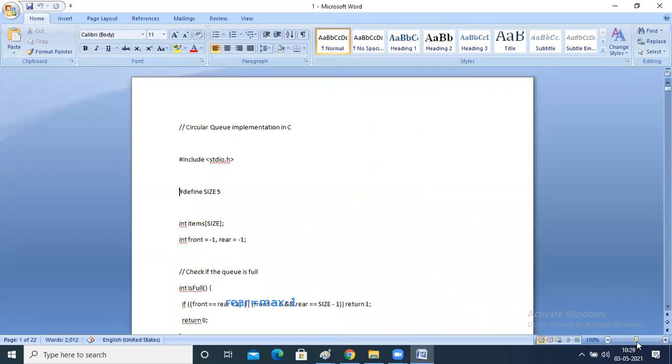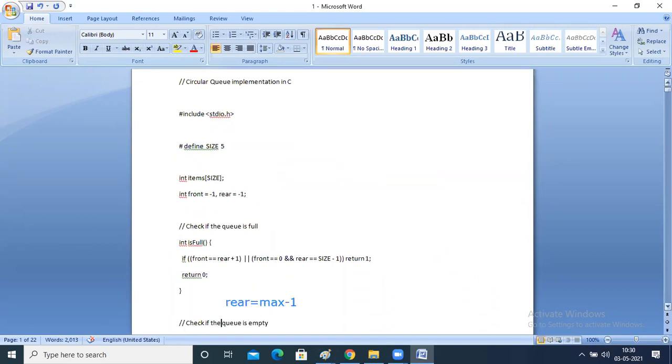See the thing, it has defined int items of size. So initially front is equal to -1, rear is equal to -1.